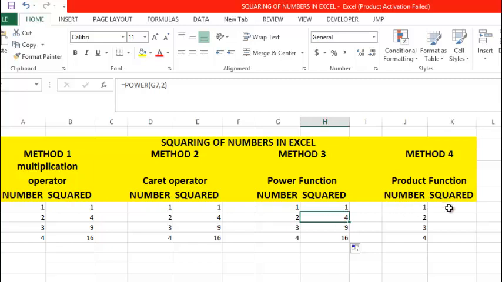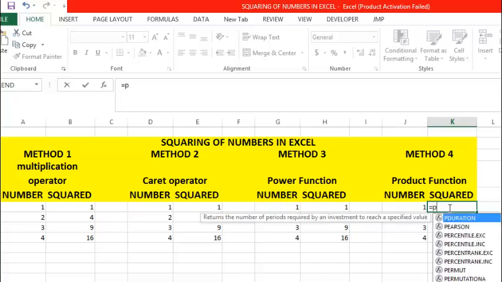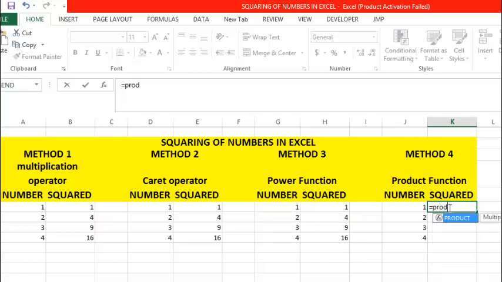Our last method is what we refer to as the product function, and this is how you go about it. Click on the cell where you want your answers to appear, then click on the equal sign, then type in the word product, and you're going to realize that the product function is going to appear. Double click on it, and it is asking you to put the first number